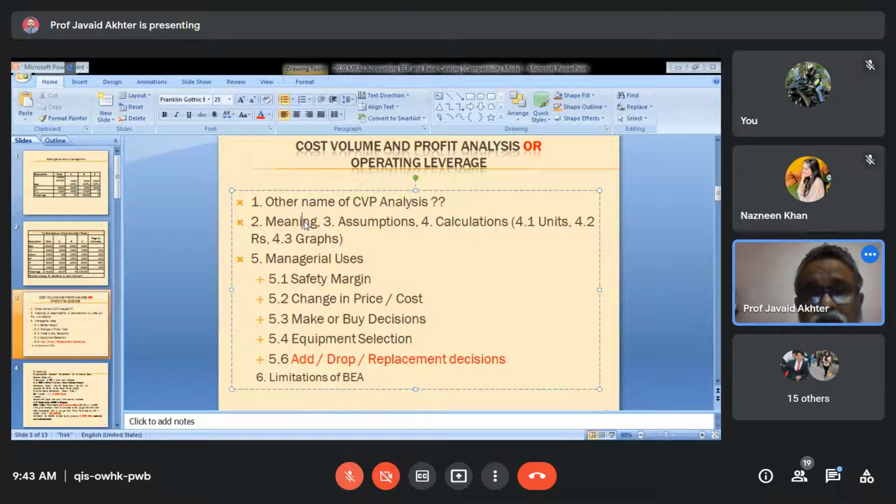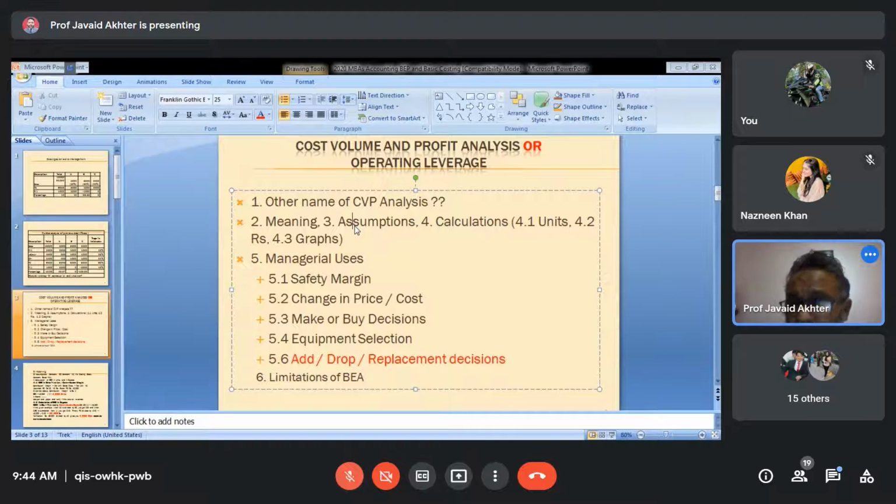When I say this, I am saying it because it is a social science course. It is not a pure science. So this is possible only under certain assumptions. If those assumptions are not true, the statement of 10,000 or whatever number, 20,000, 50,000, 5,000, will not be correct. So what are those assumptions under which this will be true? There are 4-5 assumptions that we must know. If those assumptions do not hold, our break-even statement will be false.